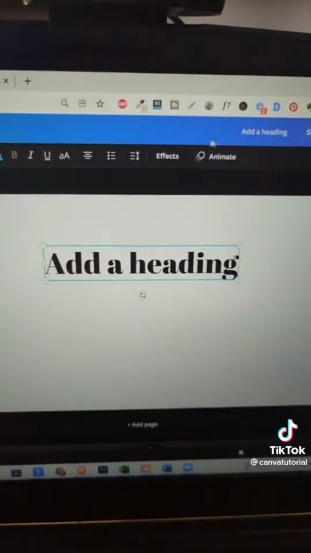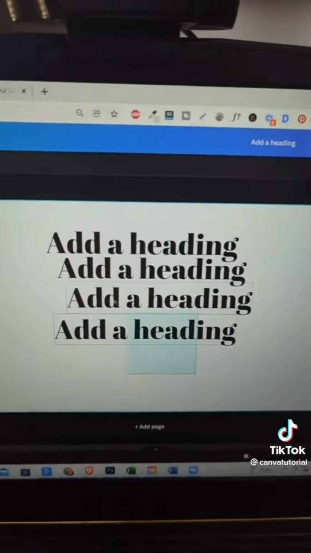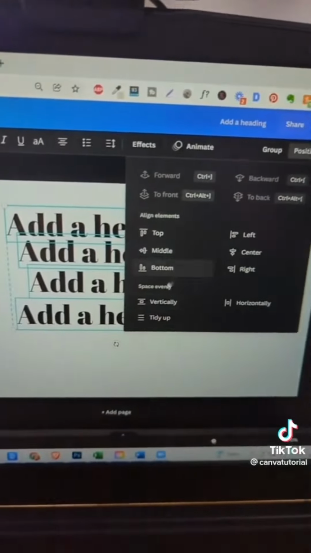When you add text to any post and then click on effects, you can now curve your text and it looks awesome. And if you highlight all your text, click on position, then click tidy up,